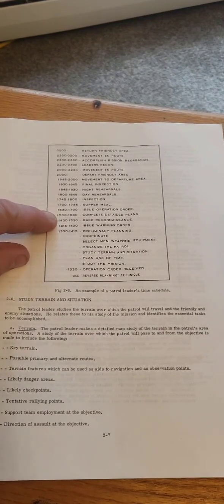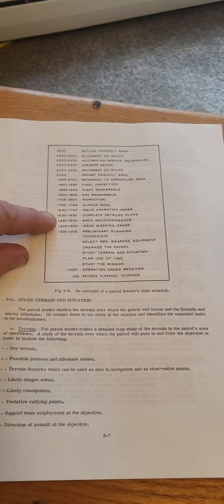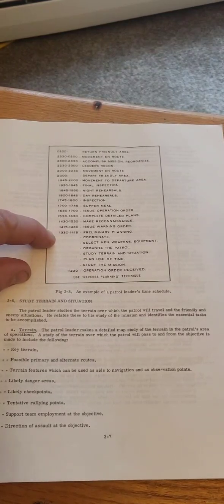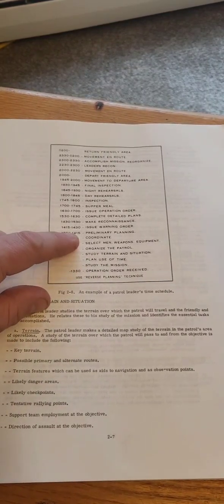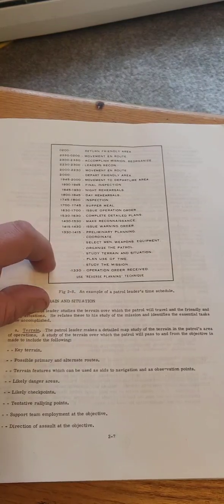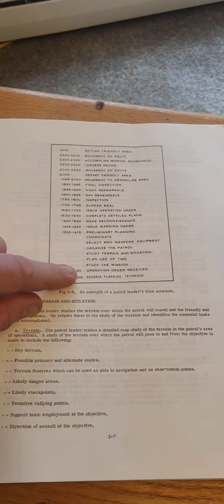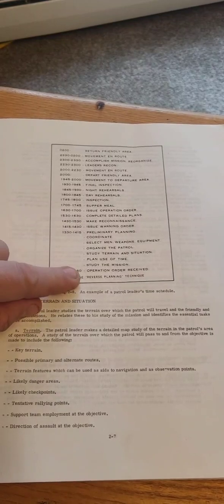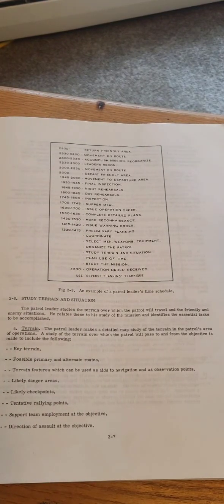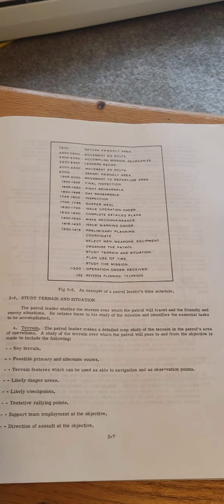1630 to 1700, issue operation order. 1530 to 1630, complete detailed plans. 1430 to 1530, make reconnaissance. 1415 to 1430, issue warning order. 1330 to 1415, preliminary planning, coordinate, select men, weapons, equipment, organize the patrol, study terrain and situation, plan use of time, study the mission. 1330 is when he got the operation order. It's when you received your operation order. That's a very, very good one right there. So,